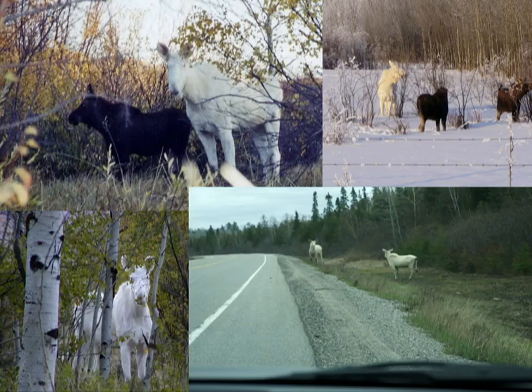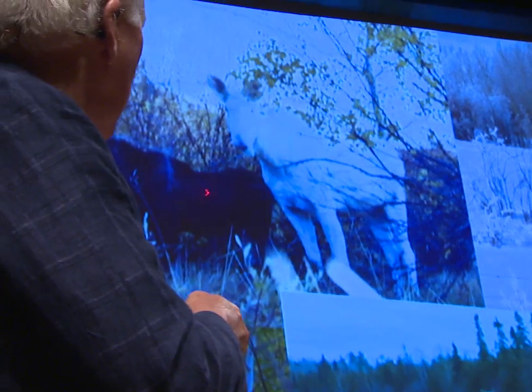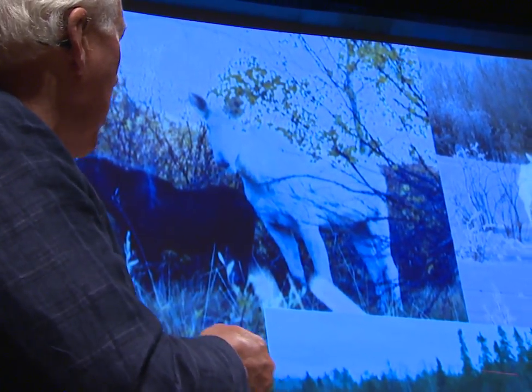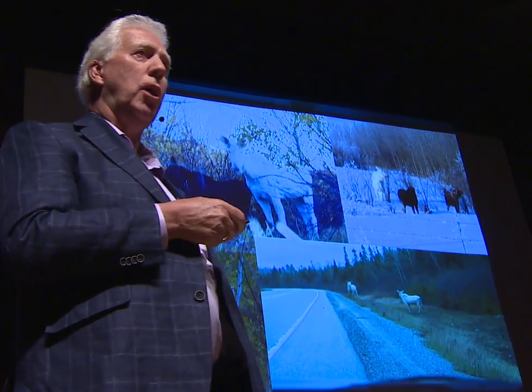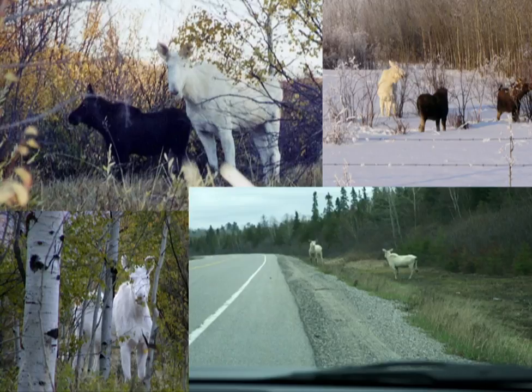Coloration varies. There's a white cow here with 2 dark twins, another cow with a dark one. This photograph was taken by a friend of mine halfway between Chapleau and Timmins near the Groundhog River, and they've been there since I ran that country with my dad many years ago as a biologist.